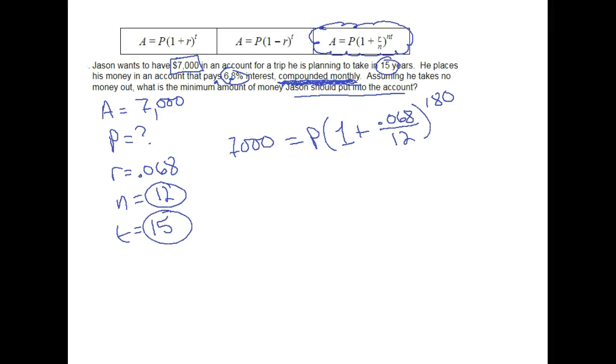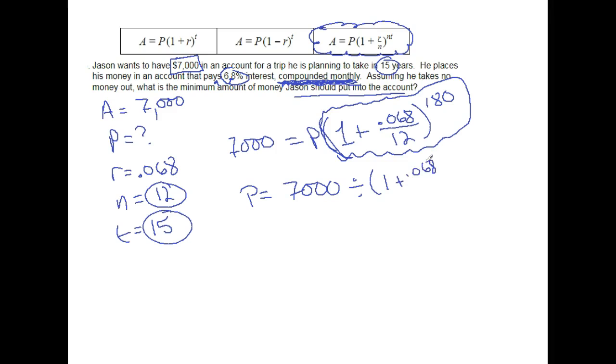Now here's what people need to really watch, how they use their calculators. My recommendation is that you isolate P right away. P is going to equal this, all of this stuff is going to be some weird number that we're going to find on our calculator, and I need to get P by itself. Since P is multiplied by all this stuff, I would divide both sides by this crazy number, and that would cancel it and leave P all alone. So P equals 7,000 divided by 1 plus 0.068 divided by 12